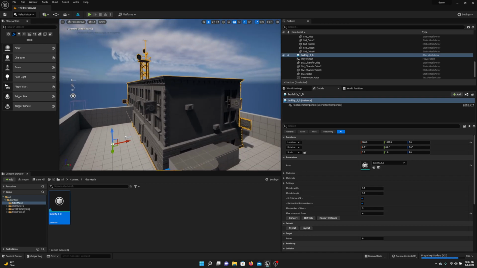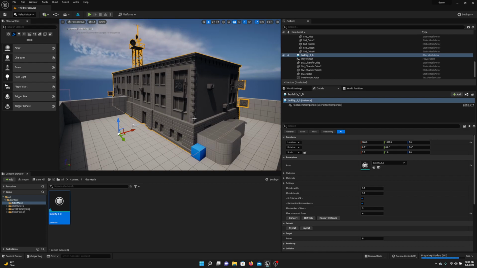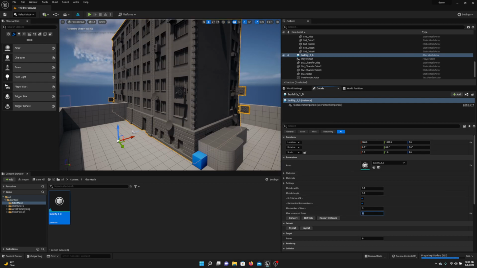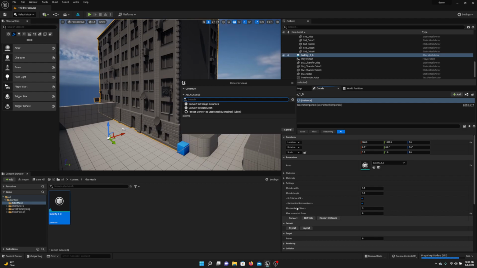So one of the things that I ran into using Project Titan is that when I converted one of the buildings, it would make it a single object instead of maintaining all of the instances that I have, right? So it created a very large footprint. For Altermesh, we're able to use a few different options. So for example, I can set this to say, let's say 8, right? And when I hit this convert button, I have some choices as far as how I want to handle the